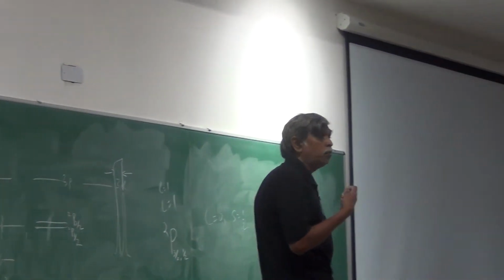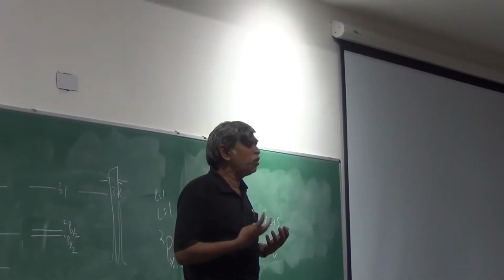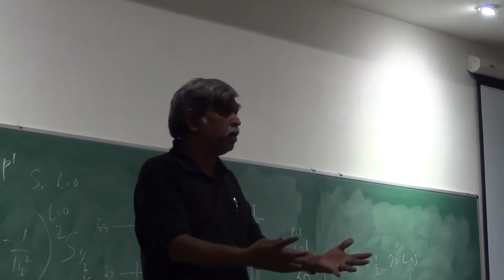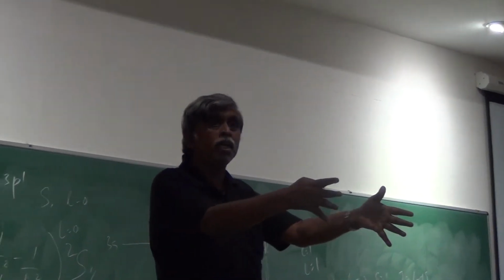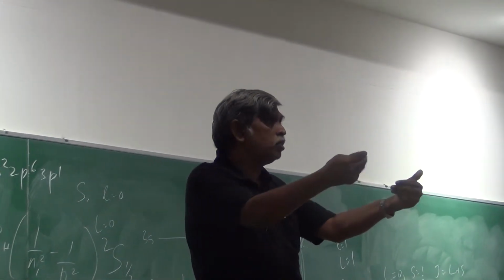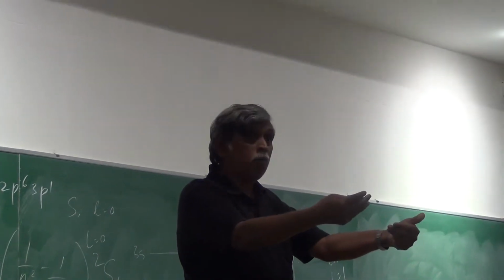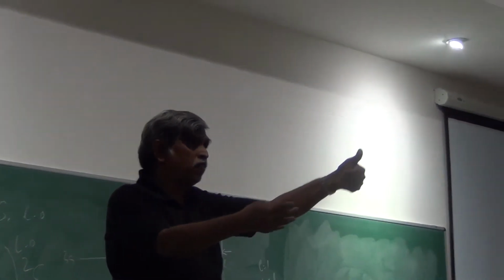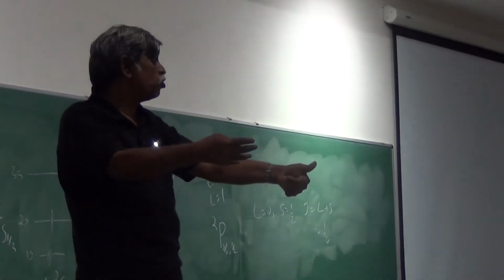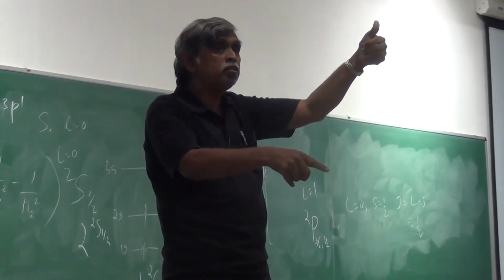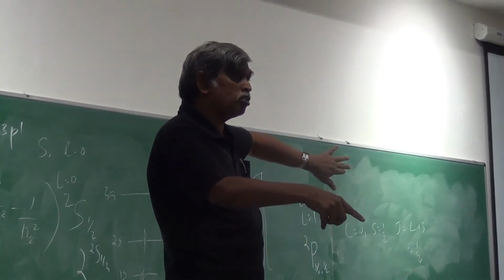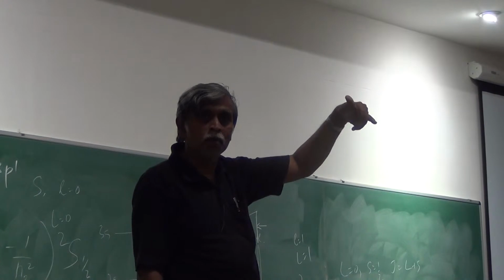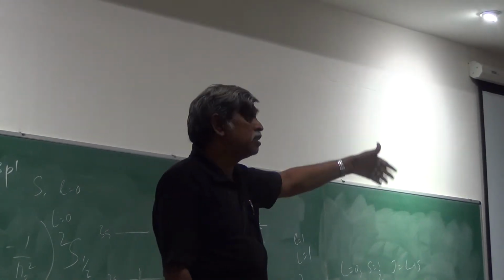I think I mentioned this a long time ago: where does the quantum number actually come from? The quantum number actually comes from the boundary conditions that you are imposing on your problem. The moment you confine the system to a certain region, out jumps the quantum number. Particle in a box. You say that electron or whatever particle there is, the function has to go to 0 at one end, it has to go to 0 at the other end. The moment you say 0 at one end, half the equation is lost. The moment you say it has to go to 0 at the second end, n pi shows up and your quantum number will show up. And that is something you've got to look at.